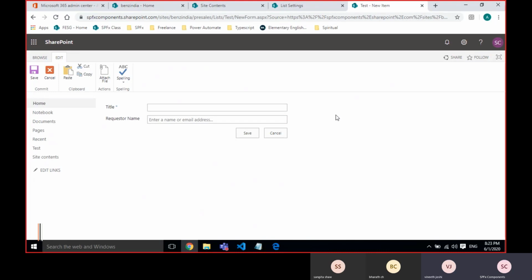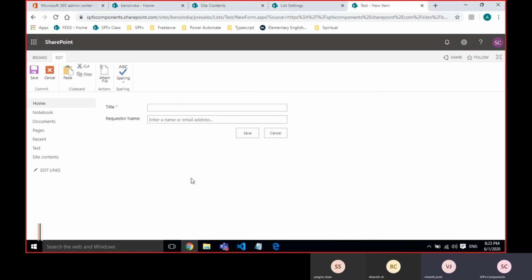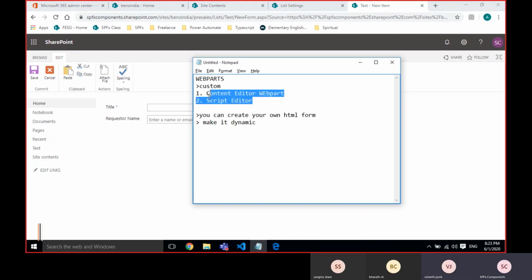And one more thing is, Microsoft deprecated these out of the box forms on May 14th. Last month 14th itself, it was already deprecated, and you cannot create those things in SharePoint Online, I mean the latest versions, not the old. You cannot create these forms. So customized forms only we have to use. In that situation, we'll go for content editor web part